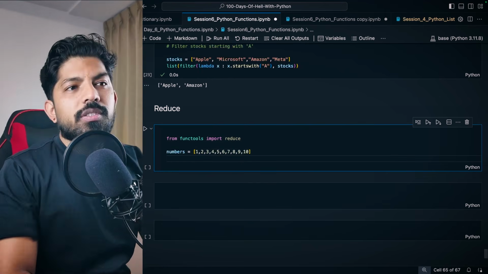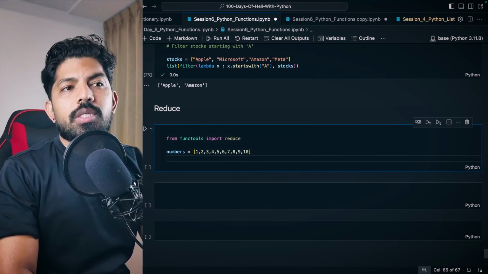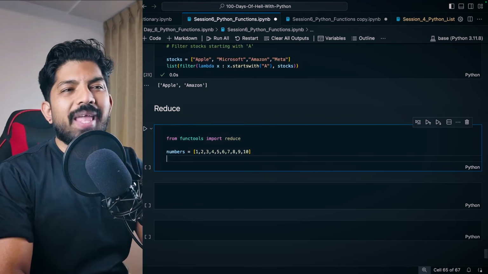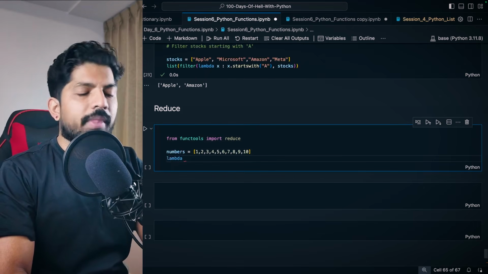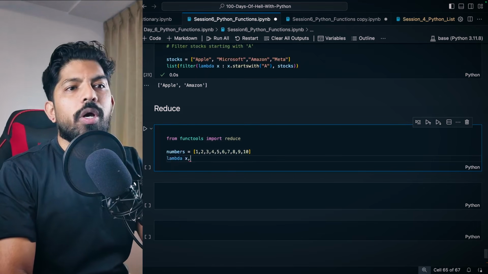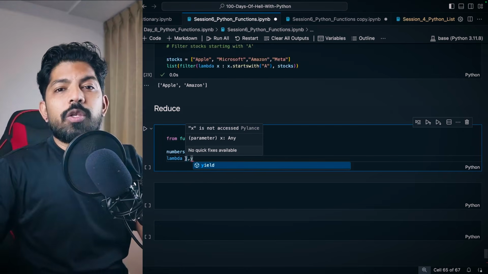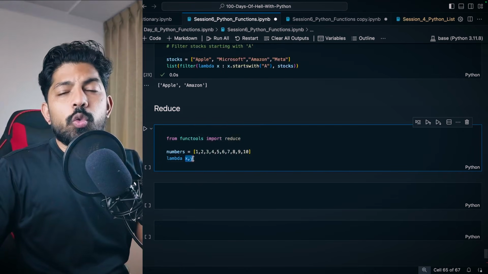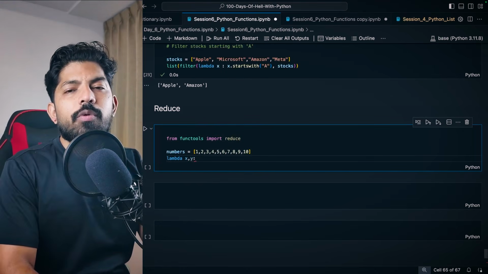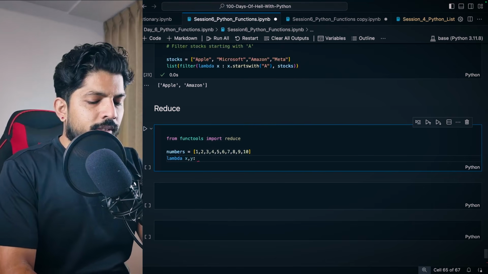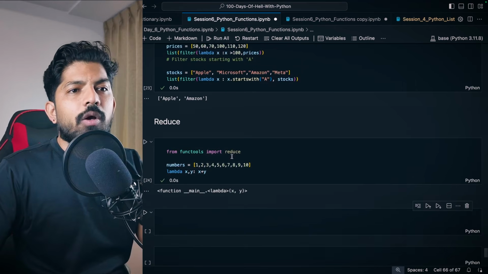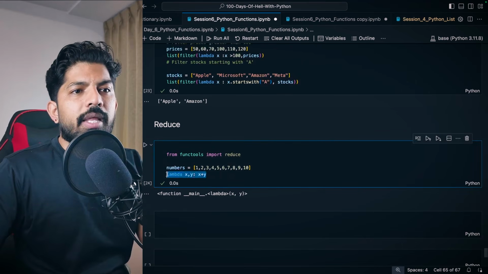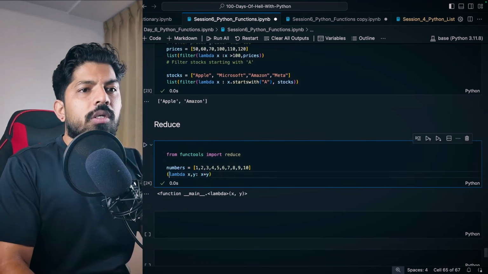Okay, so now what I want is to calculate the sum of this list. So as usual, I'll write the lambda function. So lambda, then here we have two arguments, right? We want a sum. So while using reduce, we have to give two arguments. Okay, then we'll give a colon and x plus y. So when we hit shift enter, we get an object as usual, and then we will enclose this in reduce